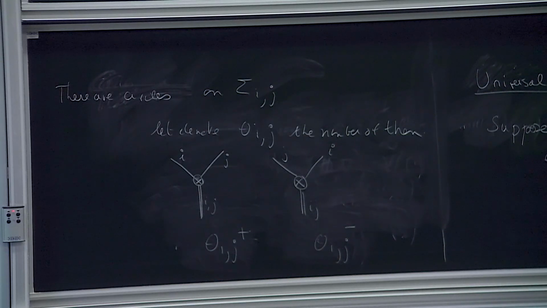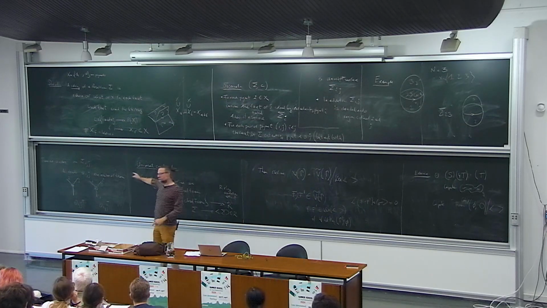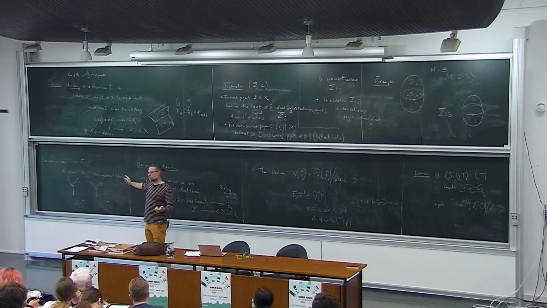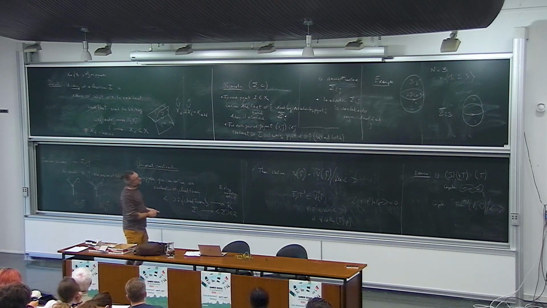And I mistress that for this I need the ordering of I and j also to make sense. I need i to be smaller than j, because otherwise I cannot tell who is i and who is j, who is the bigger one or who is the smaller one. I need this additional data as well. And so in this example,